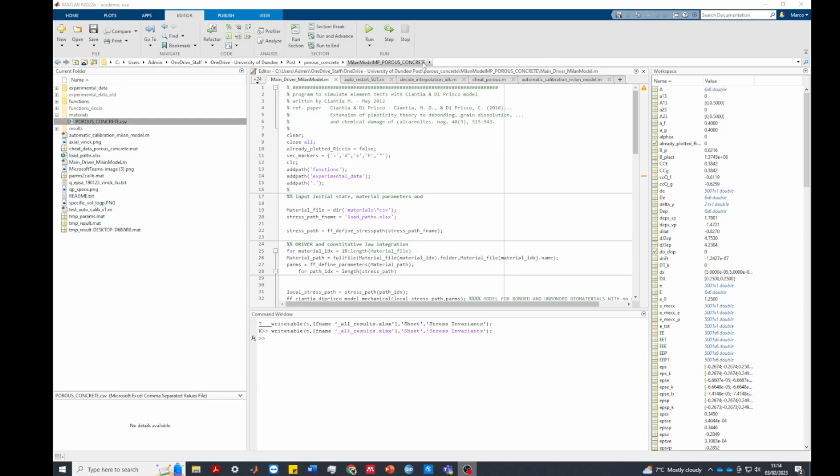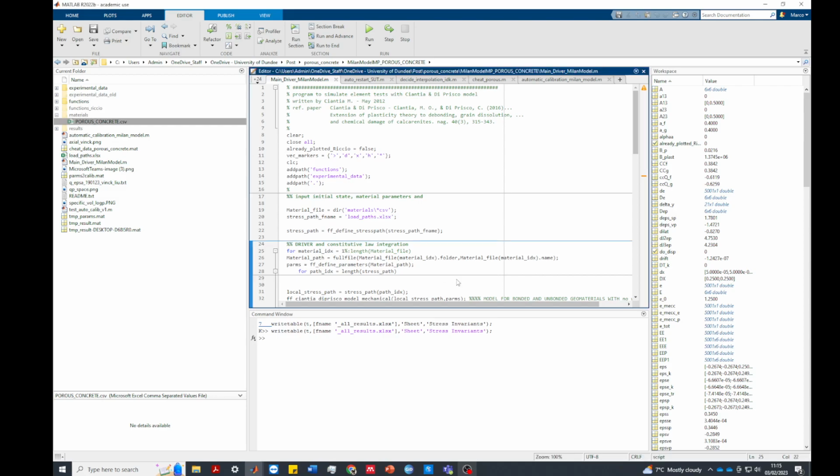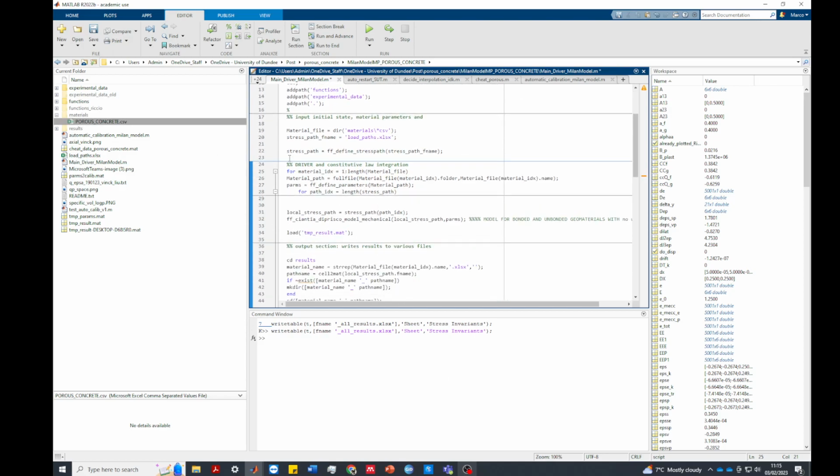Okay, so how to use the constitutive driver as I modified the path from Matteo. The driver itself basically just uses the same function as the one Matteo produced. The main difference is that instead of defining manually the material parameters and the stress path within the code,